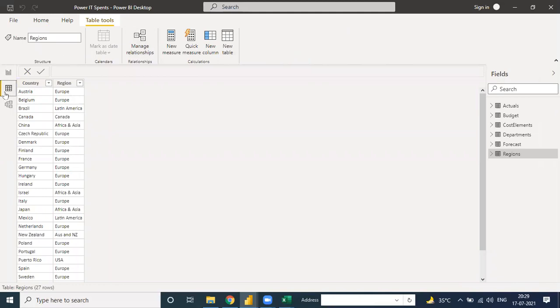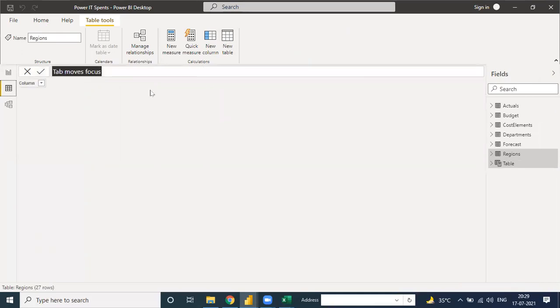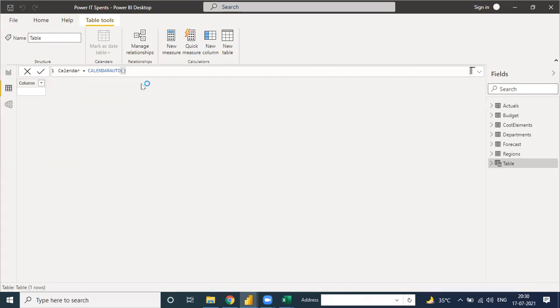You need to go to data and then new table, because we don't have a dim table in our data. That's why we are creating a new dim calendar table. Name this table calendar, using the text formula CALENDARAUTO. And you see the fiscal year and month. When you connect the data, all the data from your start to end comes in. You press enter, and see, all the data is coming.